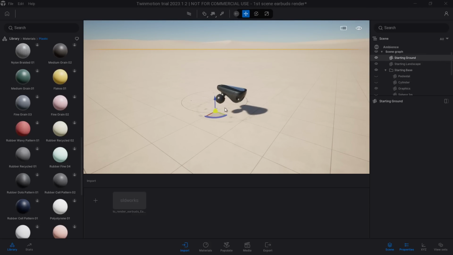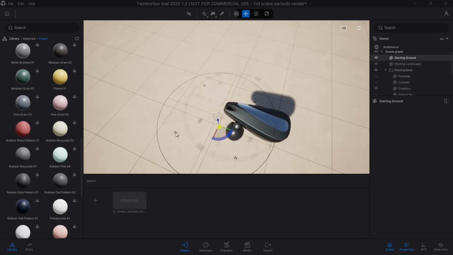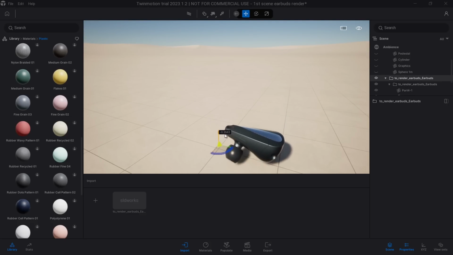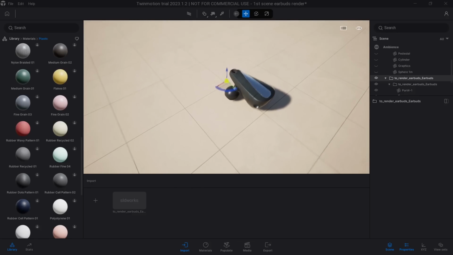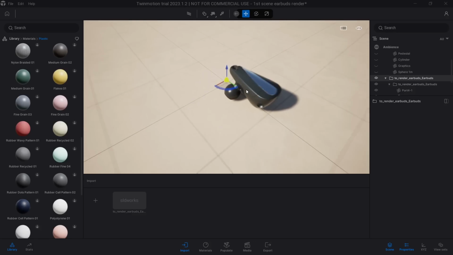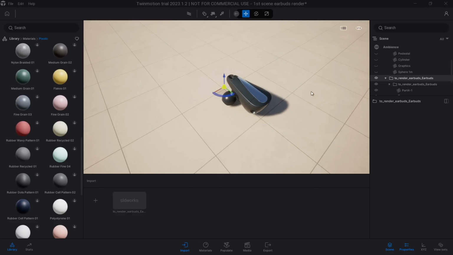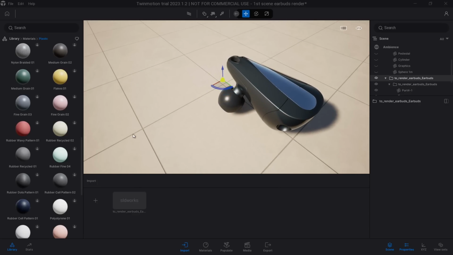I see some markings in there. I don't know what those are. I hope I can select them. Yes, graphics. Okay, cool. And I just want to put this on the ground. I leave the scale for now the same as it is because I don't have any other objects in the scene anyway. Now what I do want to do first of all is update this material